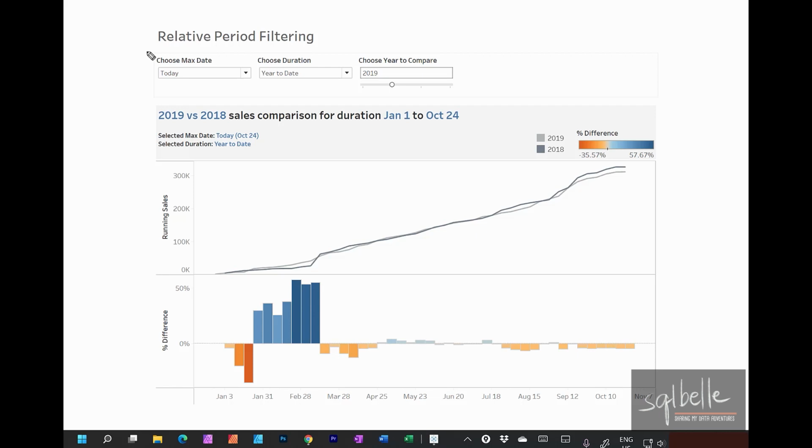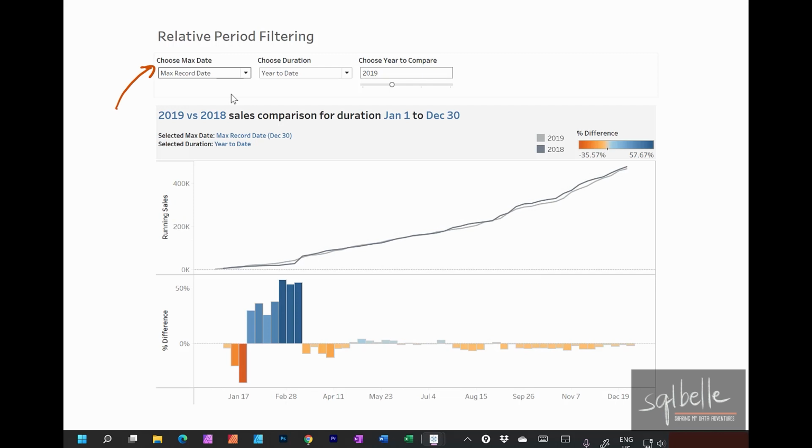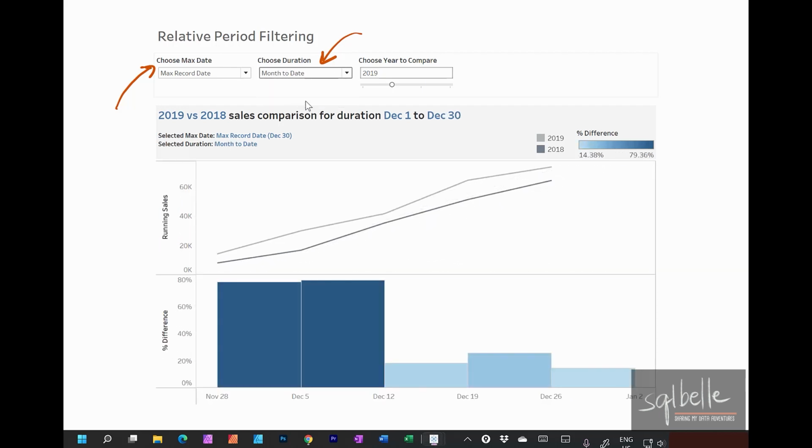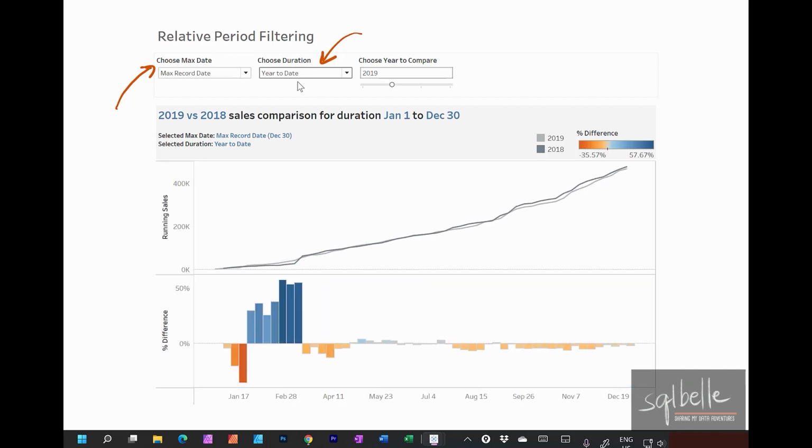We're going to add a parameter to choose the maximum date to use. For example, we can choose today or the maximum record date from our data source. We're also going to add the ability to choose duration, so either year to date, quarter to date, month to date. We can also allow our viewers to choose which year to compare. Instead of week numbers, we're also going to display dates, and we are also going to add an ability to